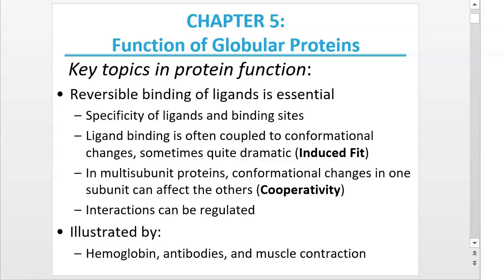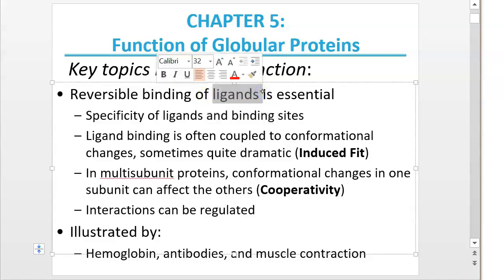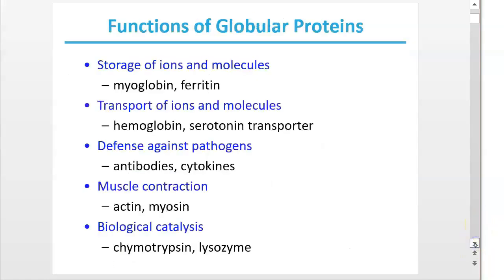We talked in class about the terminology of a ligand being something that reversibly binds to usually a protein, but could be something other than a protein, usually a larger molecule. We usually think about a ligand as a small molecule and what it's binding to as a larger molecule. That's not always the case, but it is the case that we're going to investigate here.